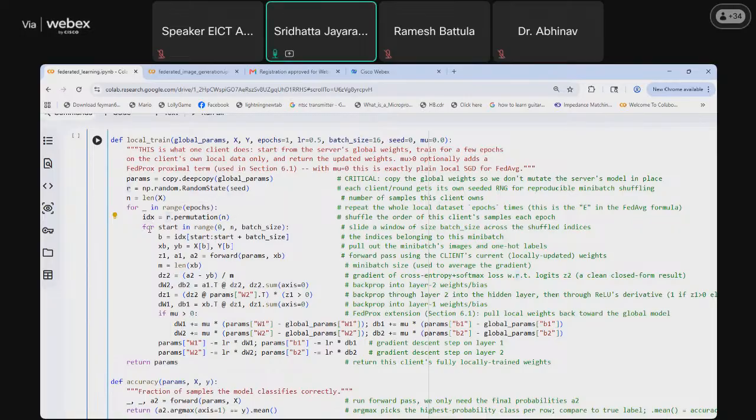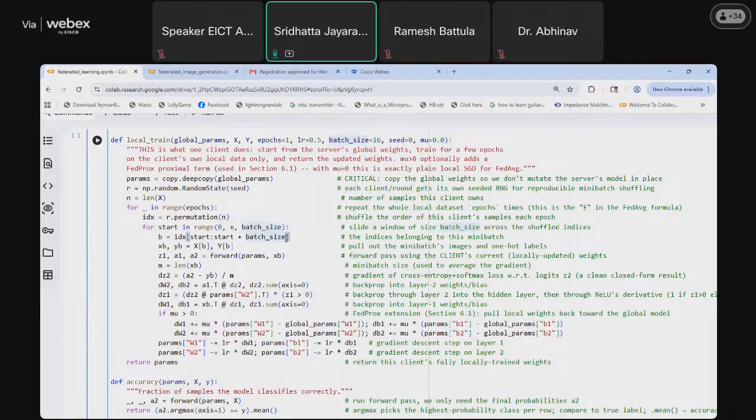Now we will begin the training part. We apply the start in the range 0 to batch size, and then we draw the data from the corresponding index of X, the training data. We draw the indices based on idx from start to start plus batch size.